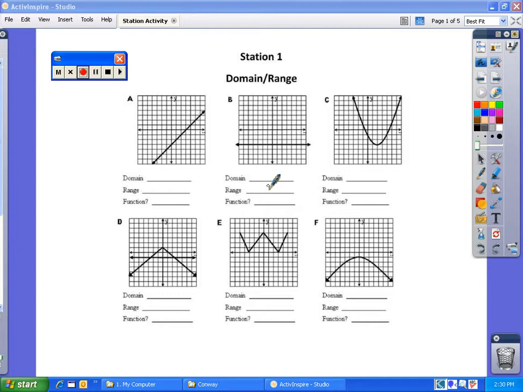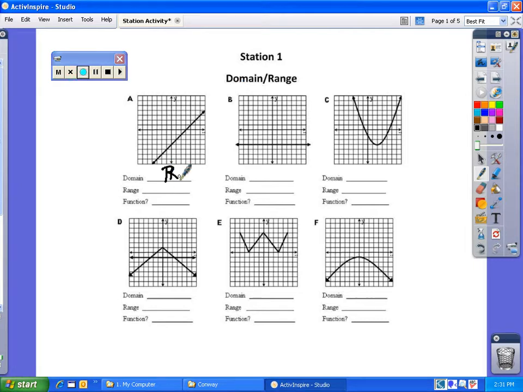Alright, so let's go ahead and go over the station activity that we did today. First of all, number one, for your domain, you are looking at all the values from left to right. So if you look at this function, there is no boundary you can draw for this because it's going to keep going to infinity. And there's no boundary you can draw going to the right, so this is all real